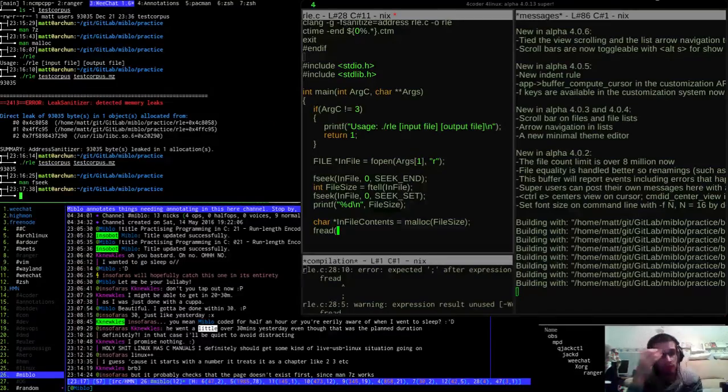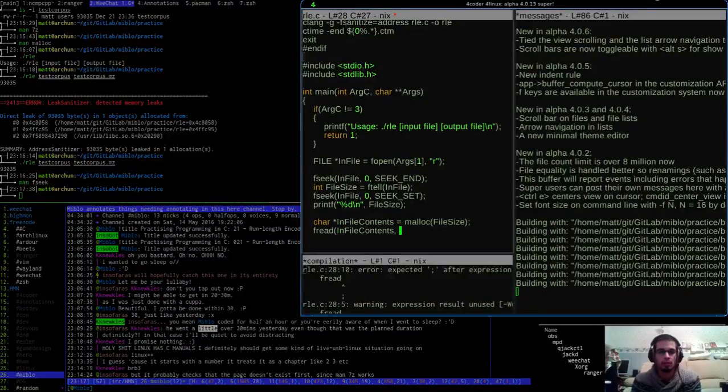So the buffer is my infile contents. Size is the file size. Count, so I want to do it once. And the file is the infile.